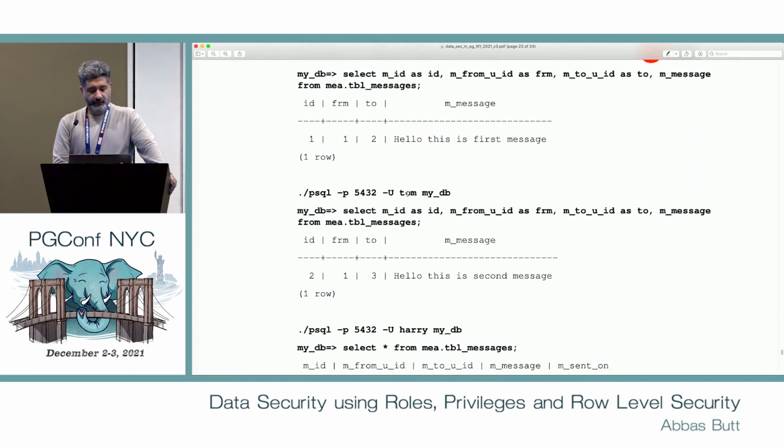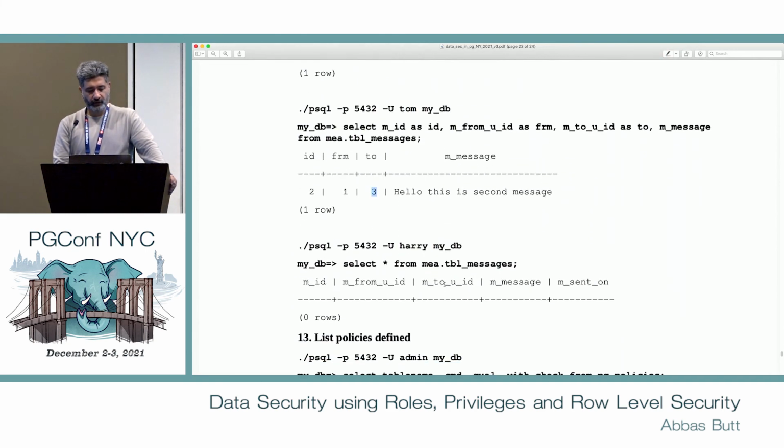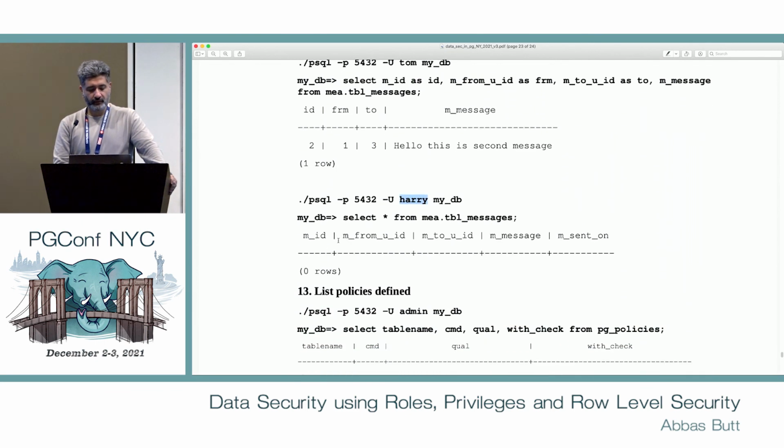Again, if I log in as Tom, which is user ID 3, I would only get the messages that were sent to user ID 3. And if I log in as user Harry, who had no messages in the table, and I select, I will get no message for me, right?